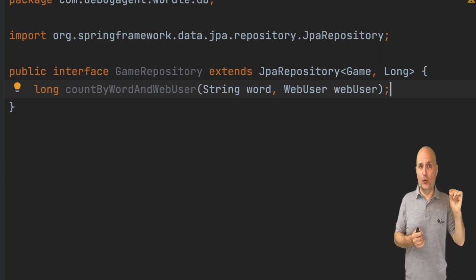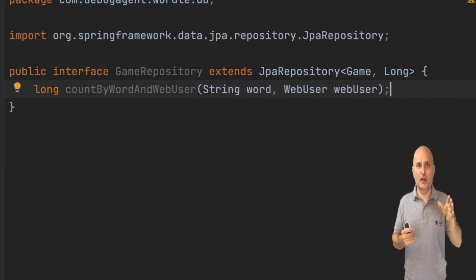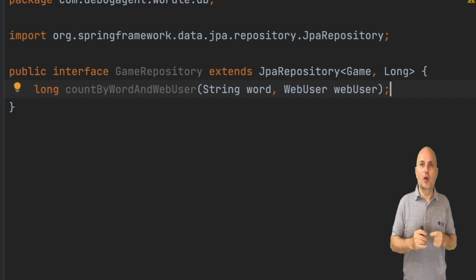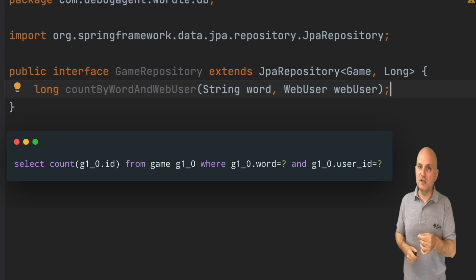One is for the word we're looking for, and the other for the specific user, which also happens to be a relation. This means we can count all the entries for the given user ID with the given word. This will let us set the value for attempts to a reasonable value. It will generate this SQL. The SQL looks a bit obtuse, but it is very similar to our previous code implementing count in the database